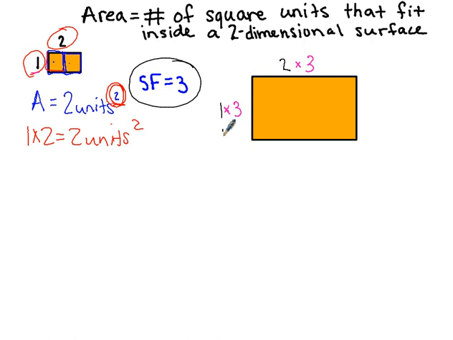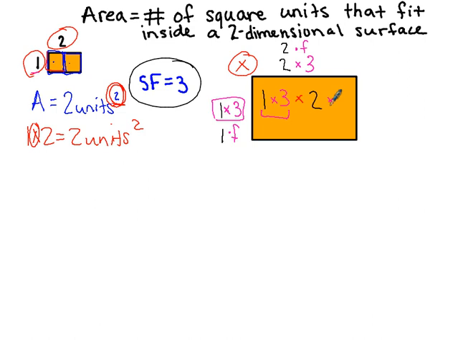So here I took my original side and I multiplied it by my scale factor. Here I took my original side, multiplied it by my scale factor. Now to find area, just like we saw here, we can always multiply our 2 side lengths together. So to find the area of this one, I could go 1 times 3, because that gives me this side over here. And then I could go times, because I'm finding area, times the other side of 2